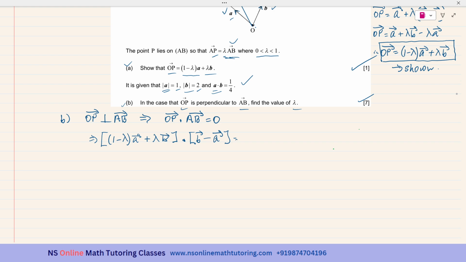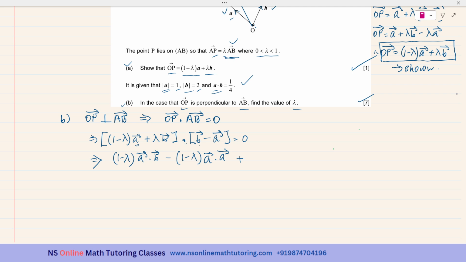This should be equal to 0. Now, we'll be just multiplying 1 minus lambda times this A vector dot, there is the dot product, B vector. So, 1 minus lambda A dot B, plus, okay, there is the minus sign, so minus 1 minus lambda A dot A